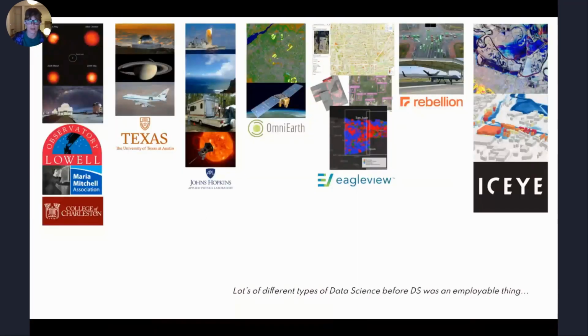Right. So a little bit about me. My background was not data science at all, nor was it SAR. Originally, I went to school for astronomy, and I got my original degree in physics at the College of Charleston, and then did a couple of internships at a variety of observatories, studying things like pulsating variable stars, and looking at different galactic clusters.